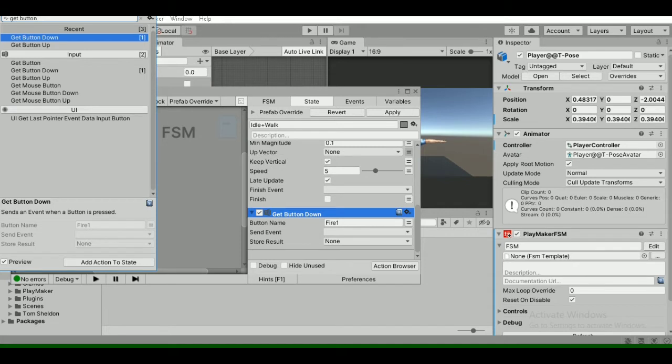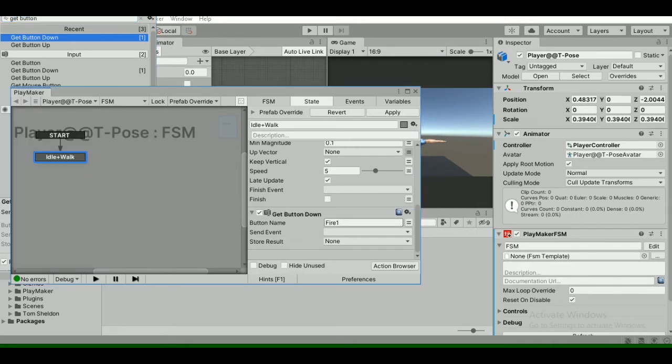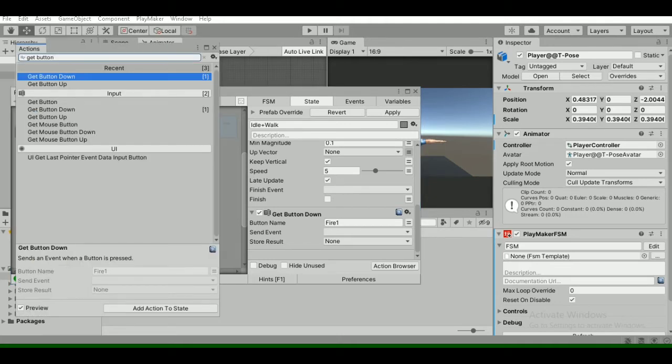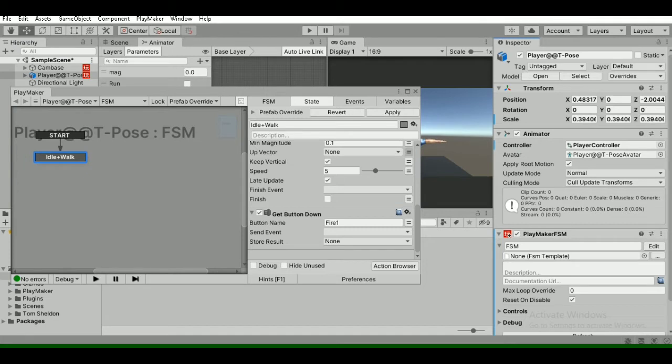Yeah, just add this. So we have added this get button down action so that our player will run by pressing the shift key.